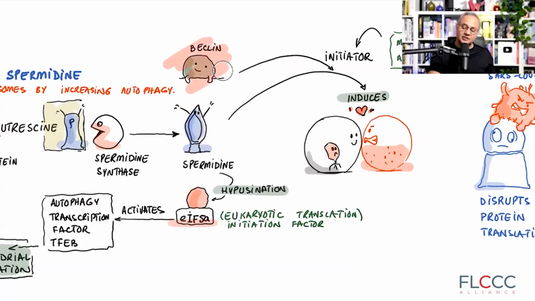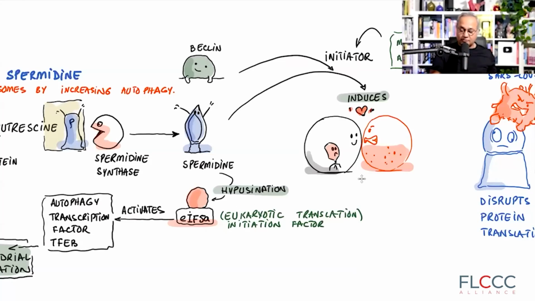There is another little protein called beclin. Beclin's function is to initiate the autophagy. What does that mean? It would help produce the proteins, the enzymes that would start bringing these two guys together, phagosome and lysosome, and fuse them. So beclin and spermidine are important parts of normal function for autophagy.